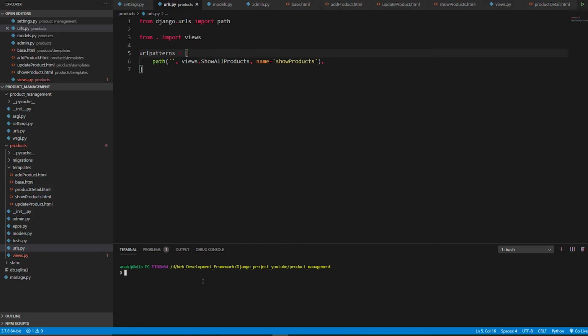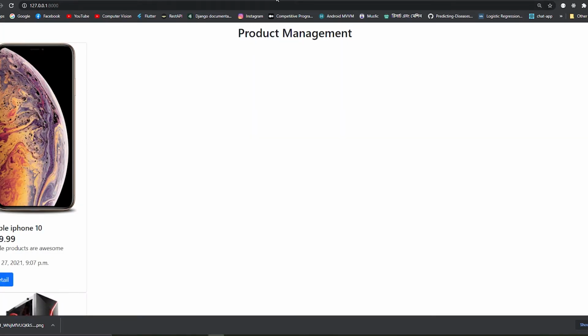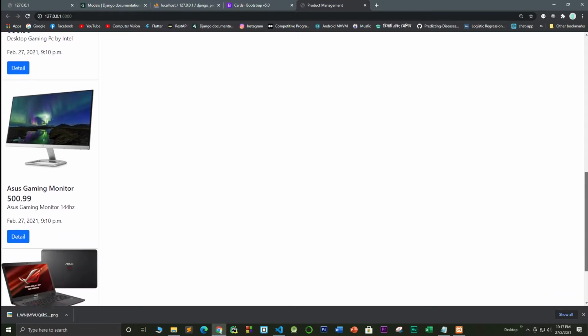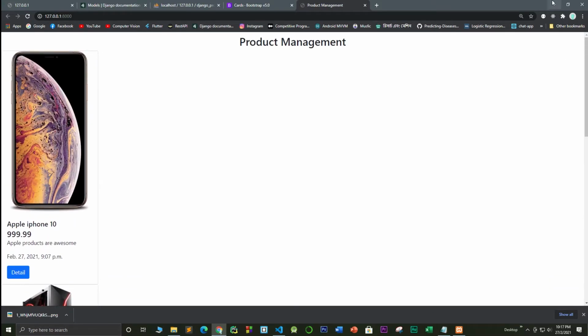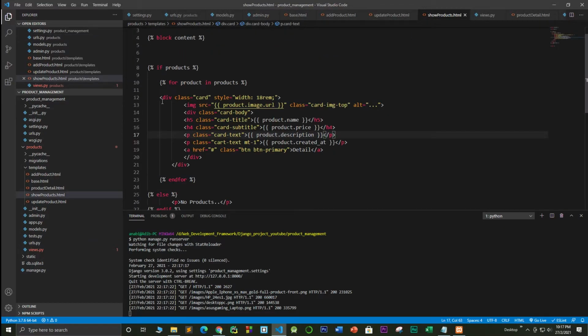So one more thing, I need to set up my server, python manage.py runserver. Okay, so when all the bugs are fixed, you can go to this URL. Okay, so as you can see, all of our information is coming from the database. See all the 4 products. Now the problem is the products are not centered. Okay, all the products are not centered, so we need to